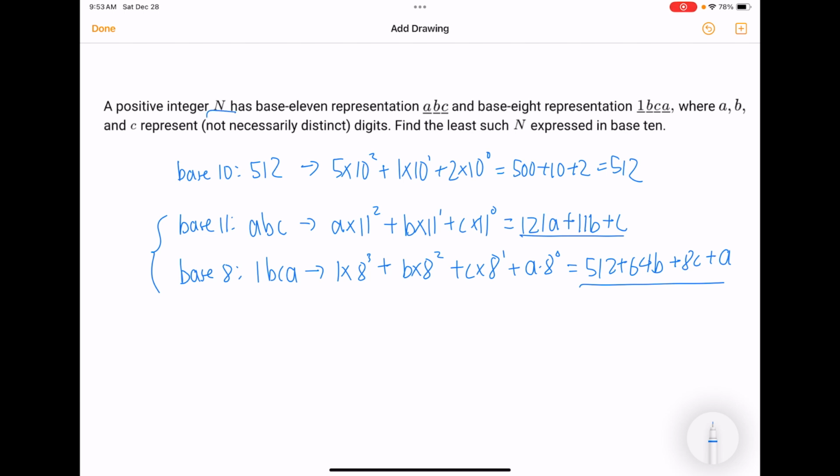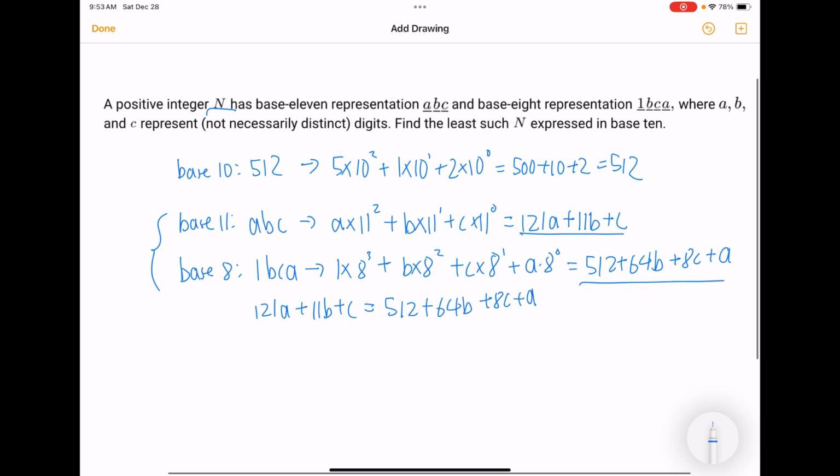So we can set these two equal to each other. 121A plus 11B plus C is equal to 512 plus 64B plus 8C plus A. And then I'm going to move the A over to get 120A is equal to 512